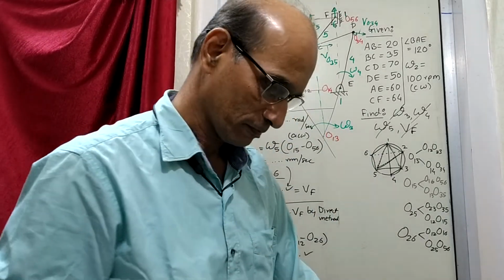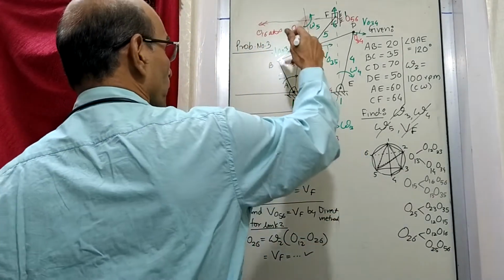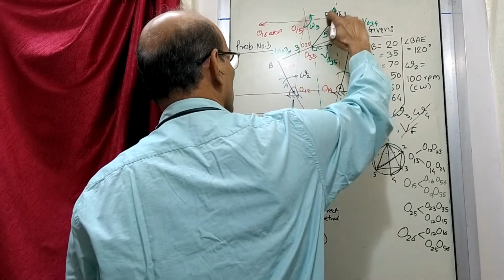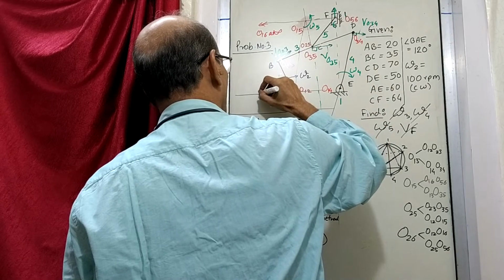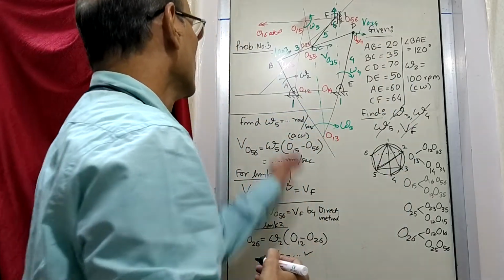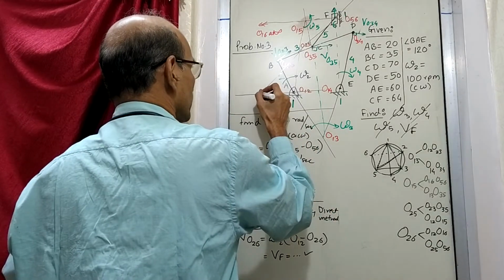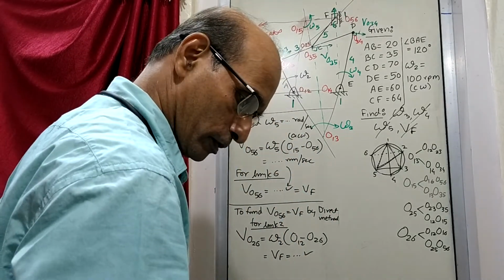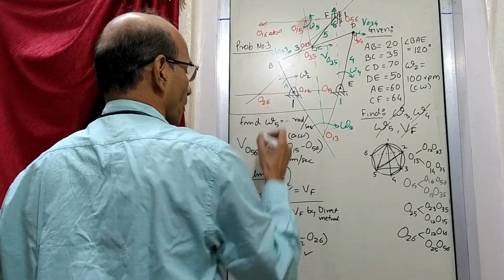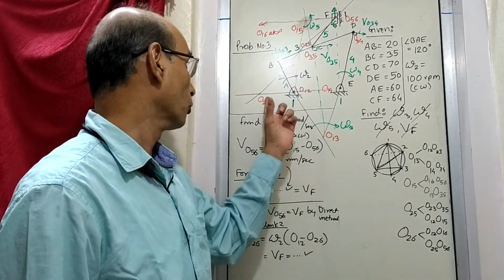The other line is 2-5, 5-6. There is 2-5 here and there is 5-6 here, so join these two points. When I join these two points, the line joining 2-5 and 5-6 is drawn like this, and it is intersecting here. Therefore, the point we wanted, I26, is here. So we have obtained the point I26 which we wanted.